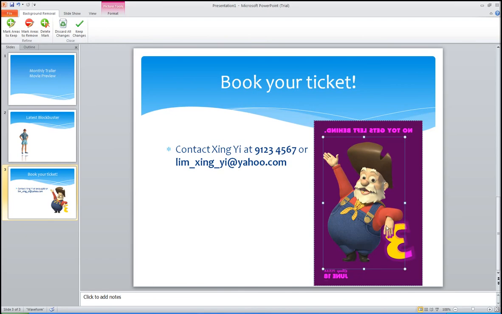Look, only the outline is removed, but the yellow parts still remain. We can then use this tool called the mark areas to remove certain area of the image we do not want manually. Click on the yellow